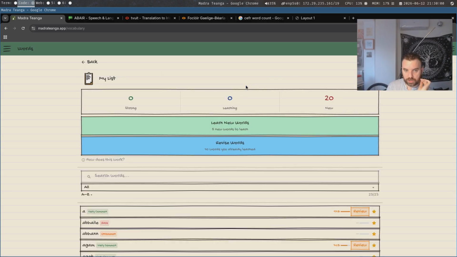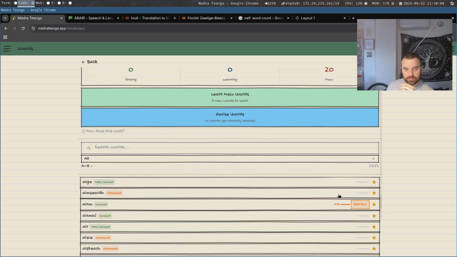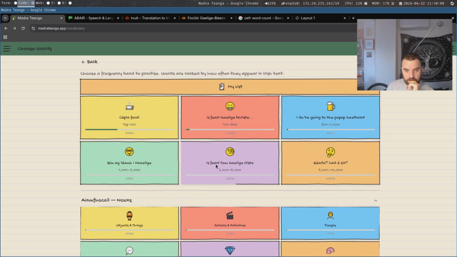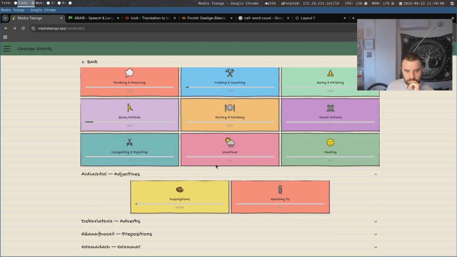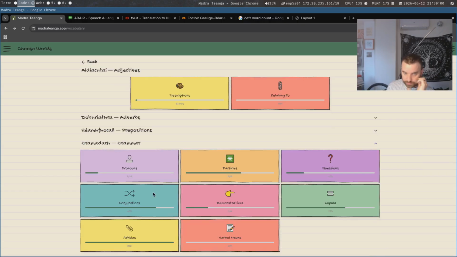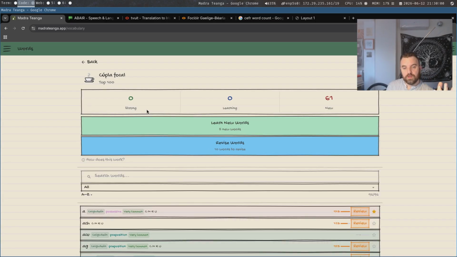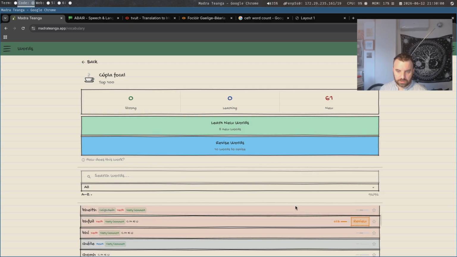And everything I showed you when I was adding stuff, if you star them, or if you're doing Google Translate and you add them, they all get saved up here. So you can just do your own list if you want. When you go into these lists, I think in the future we can make this more configurable and do more with it. But the way it is now, there are 100 words here, you know X amount, and you have this stuff. So you can choose to revise 10 words you've already done.